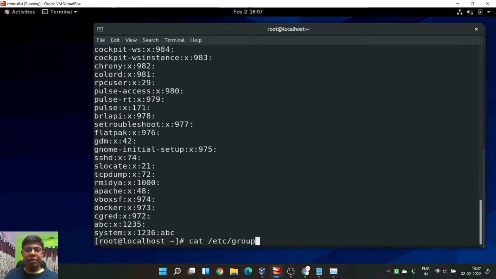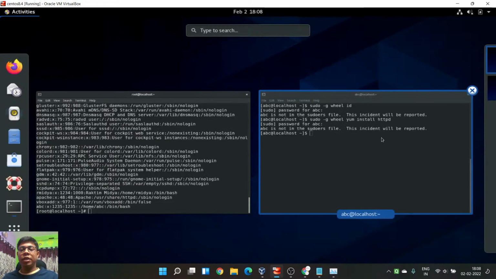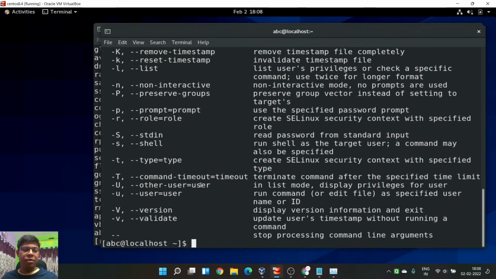Let me quickly check passwd abc user. I have to check actually. The situation is that I also need to check why it is not behaving, but it should work.